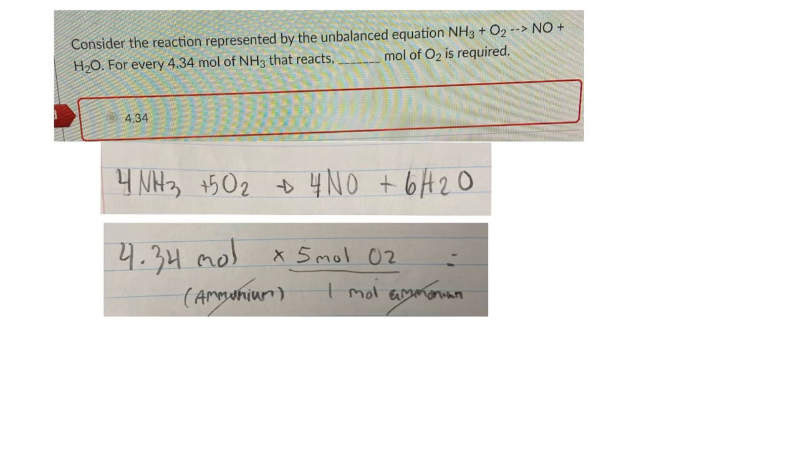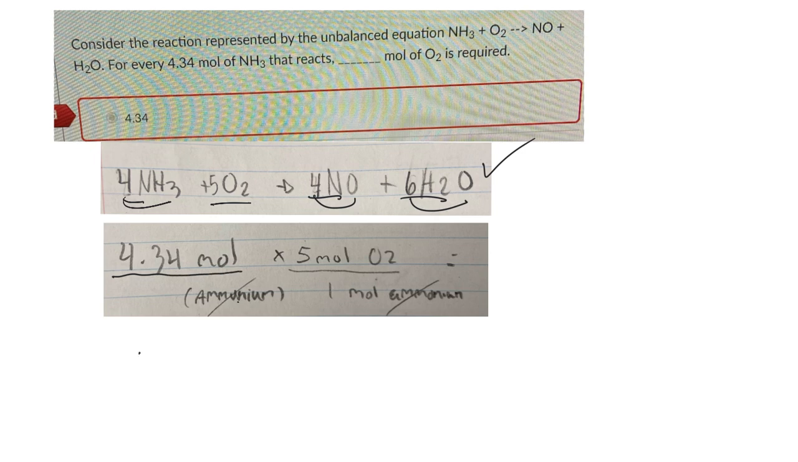Here's another good question. Consider the unbalanced reaction. Let me just make sure it's balanced, right? So 4 nitrogens, 12 hydrogens, 12 hydrogens. 4 plus 6, that's 10 oxygens, all balanced. For every 4.34 moles of ammonia,